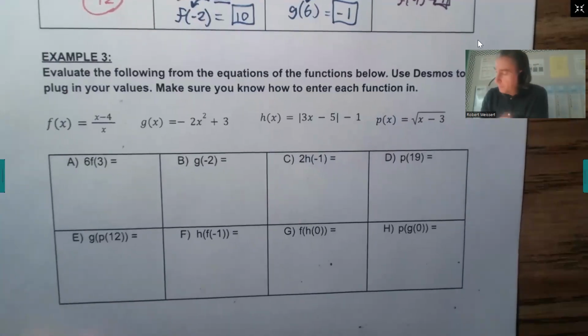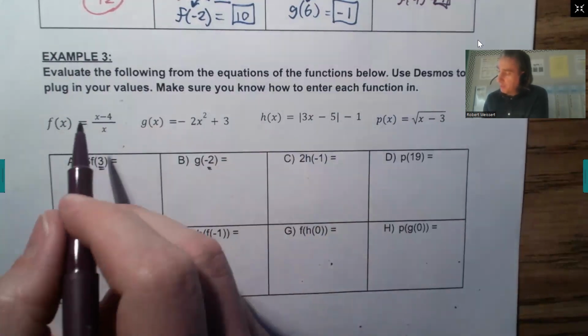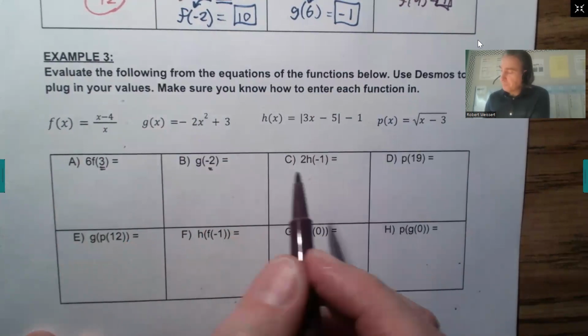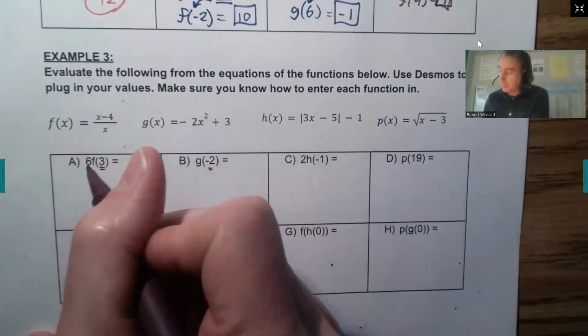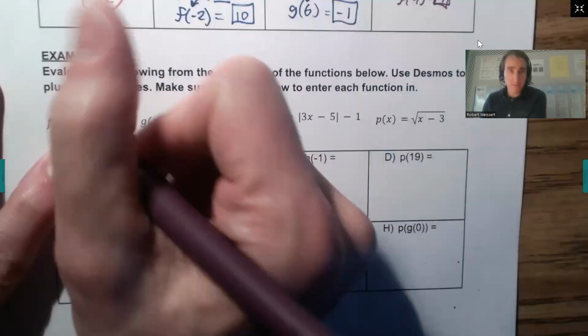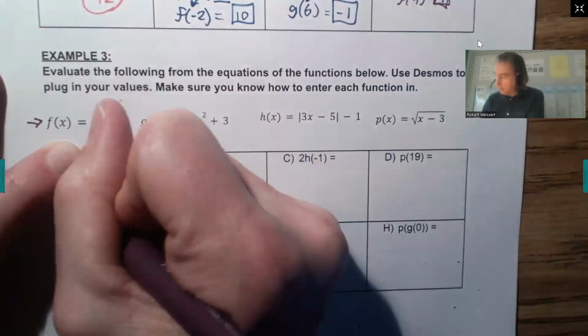For example 3, whenever you see the x value that needs to be plugged in, it gets plugged into every x value of the function we're working with. So for example, if I want to do 6f of 3, I want to first plug in 3 into the f function. I'm going to go to the f function here, and there's f of 3